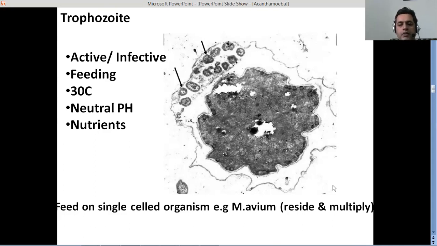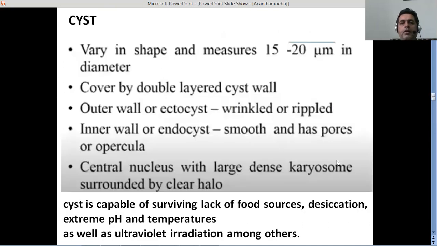But it's clear that some of these bacterial species are multiplying inside this particular parasite. The cyst varies in shape and measures about 15 to 20 micrometers in diameter. It's covered by a double-layer cyst wall. The outer wall, or ectocyst, is wrinkled or rippled in shape, and the inner wall, or endocyst, which is smooth and